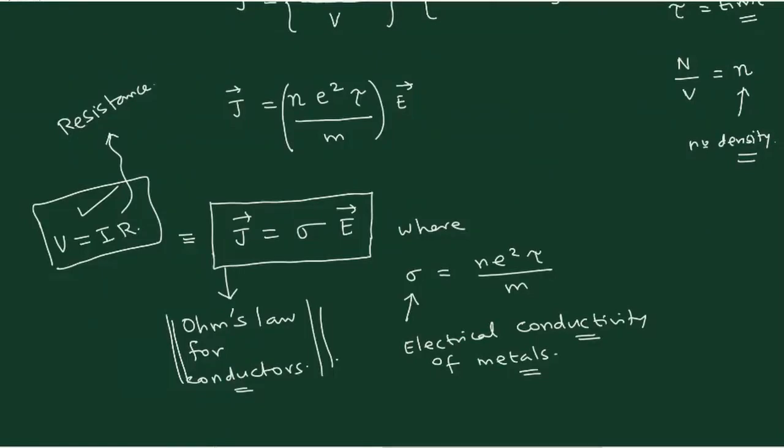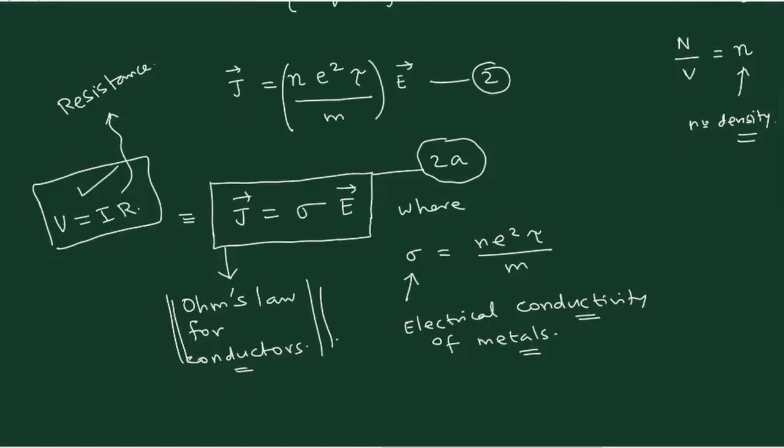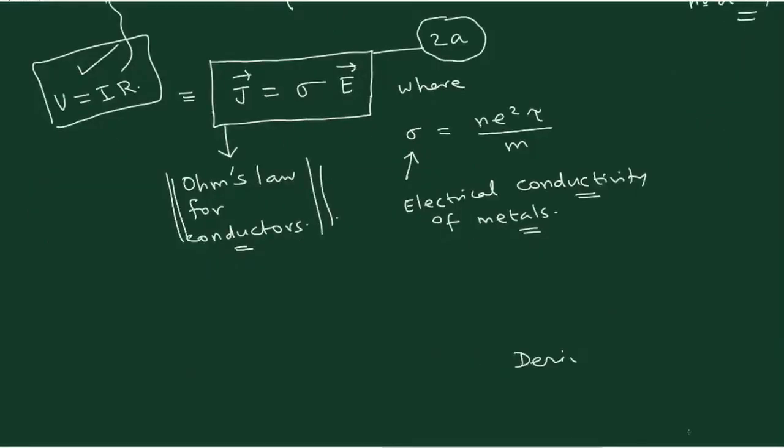So in your final exam, it's quite simple. The standard 5 marks question will be like this. Derive this equation. Let us say equation 2. There is no big difference between this and this, so I will only write down 2a, because I have only written that this quantity is sigma. So it is not a new equation. You have to derive this particular equation. That is option 1. Derive equation 2. So this will give you a 5 marks question. This is the first part, one possibility.